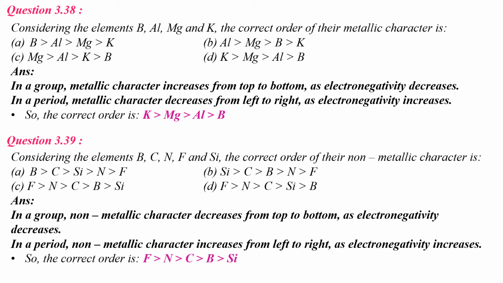Children, you would be able to answer such type of questions only if you know the location of these elements in the periodic table, and that too according to their atomic number. You must know at least the location of elements belonging to the first 3 periods. You must know the location of group 1 elements, group 2 elements, the halogen family, the oxygen family and noble gases. Only then you can answer questions related to this type.